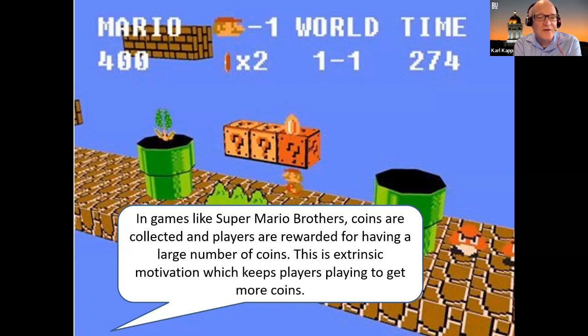So the coins are worth something to the player of that game. Now, the interesting thing about gamification is they're worth nothing to somebody outside of the game, and they have no worth outside of the game. But in the gamified space, those coins have meaning.